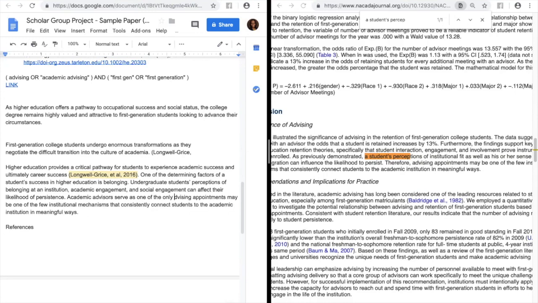Let me ask G's, what else can I use besides mechanisms? Factors? Thanks, Jeeves. Okay, factors in higher education. Okay, you know what? I'll put supports in higher education